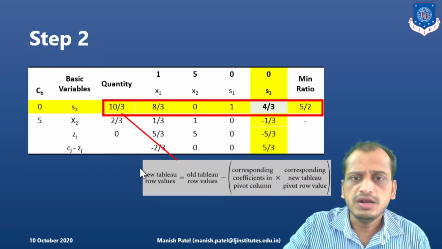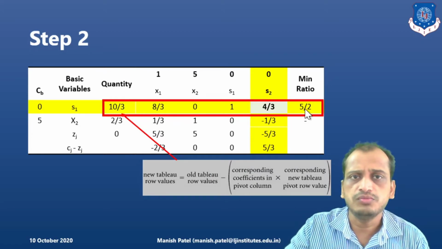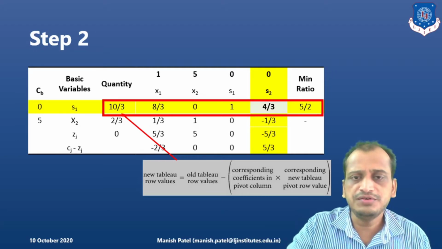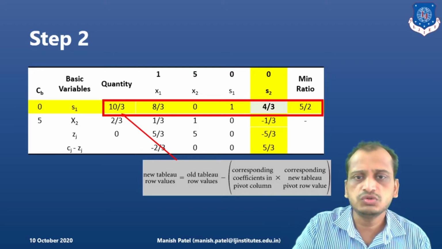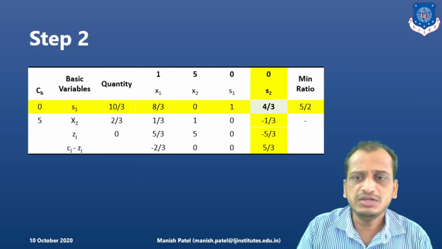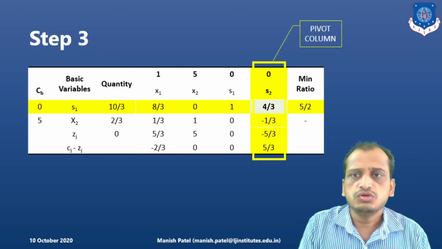So next step is to calculate the top row as well. Based on this formula we can easily calculate this top row. Clear? So why do we do that? We will literally iterate table by table so that we can easily reach the solution. So what is the next step? Next step is to find out the pivot column. So what is the pivot column here?